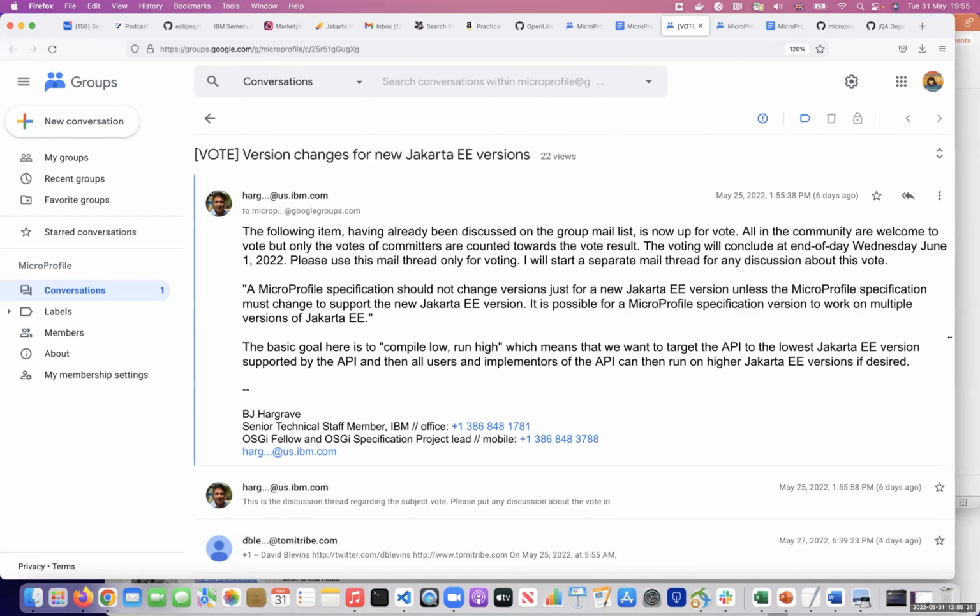Sure. This is similar in vein to the previous one, about compiling low and running high. It basically says that if a MicroProfile specification depends upon a Jakarta EE specification, then we want to use the oldest Jakarta EE specification version that makes sense for that MicroProfile specification. And that gives, again, maximum freedom to implementers implementing the MicroProfile specification and users using it, as they